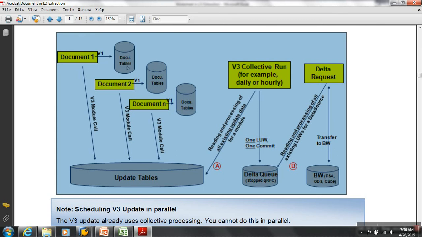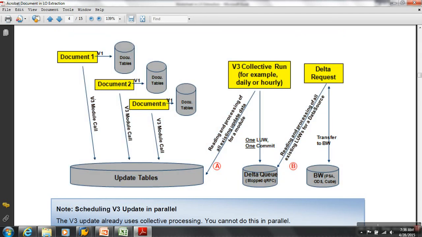All those VBAK, VBAP, all the application tables are updated. Then a V3 module call, which is basically a separate program which is nowhere linked up with my document, takes care of updating into what? Update tables, which is what? SM13.